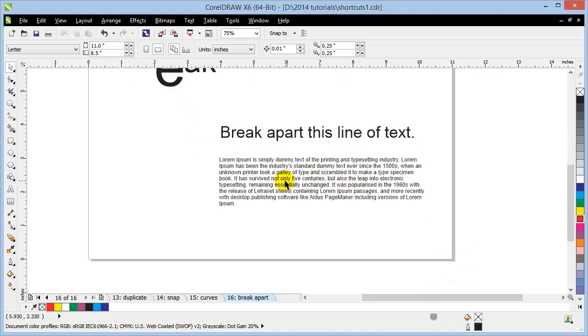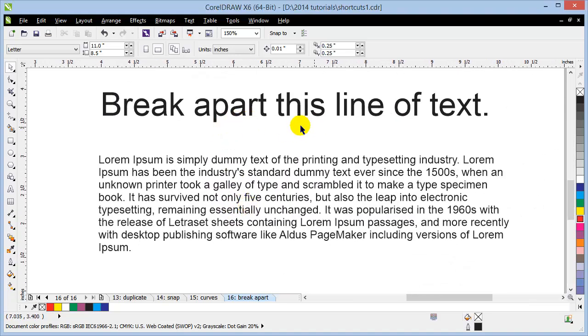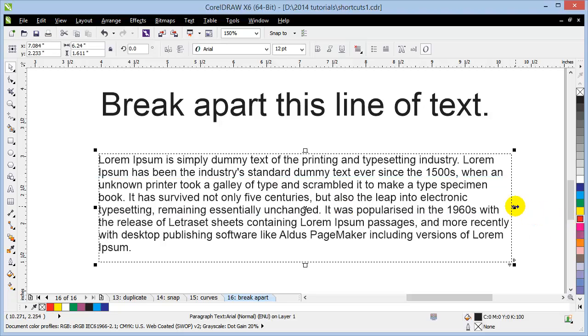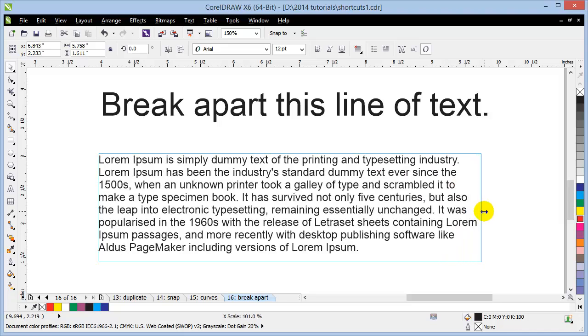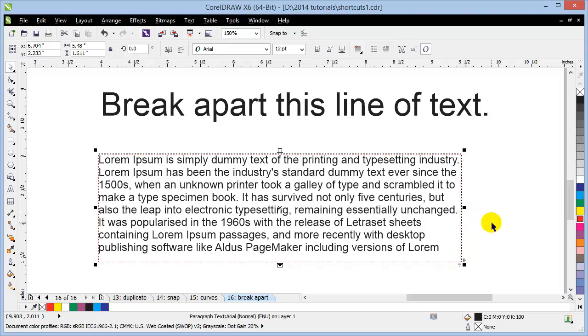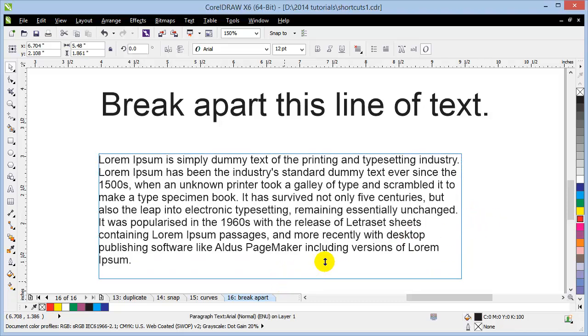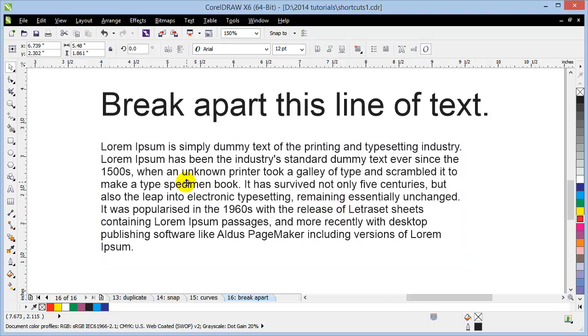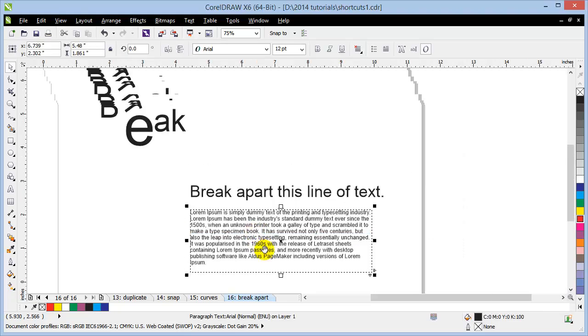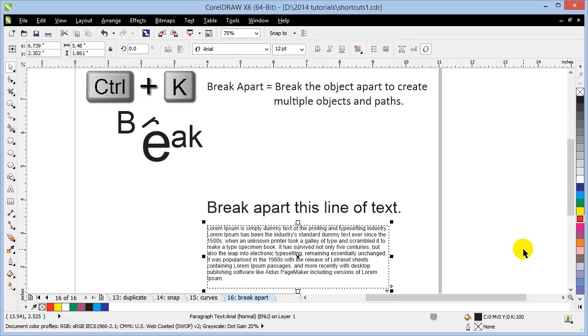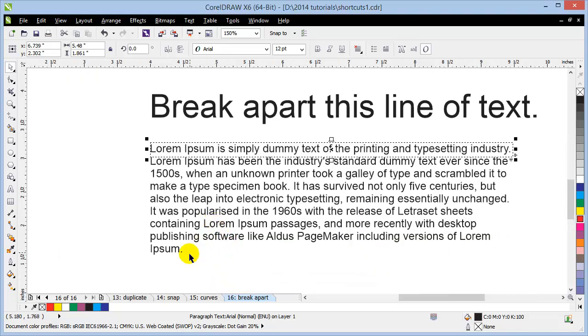Now let's do the paragraph text. What would happen if I break apart this paragraph text? So the paragraph text follows the shape of the paragraph text box, right? Now let's say I want to make these individual lines. Okay, so that is breaking apart. So click on Control K, and if you notice that now the lines are broken,